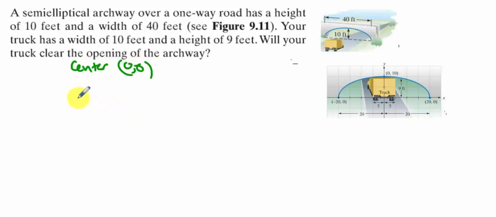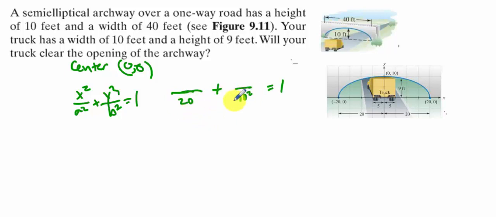So in doing so, I have some x squared over a squared plus y squared over b squared equals 1. And I can say that a squared is first because this bridge is greater horizontally than it is vertically. So let's plug in some values that I know. First of all, I know that the A distance is 20, the B distance is 10, and each of those will be squared. Then I know I have a distance, half that truck is 5, the x value is 5,